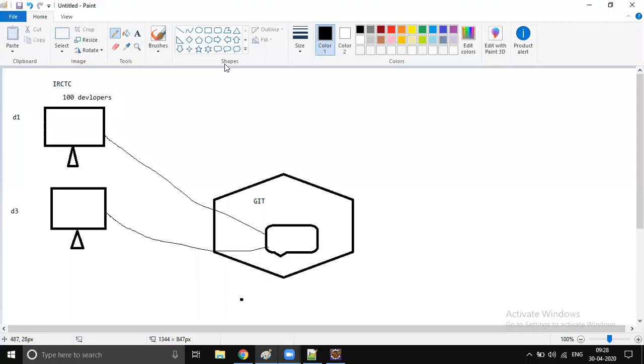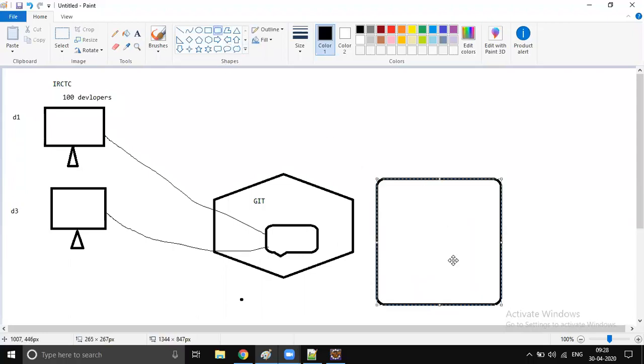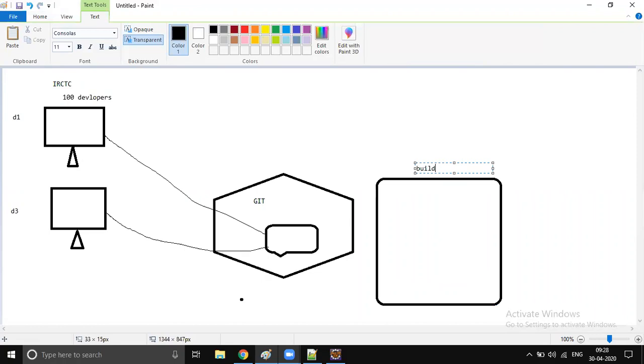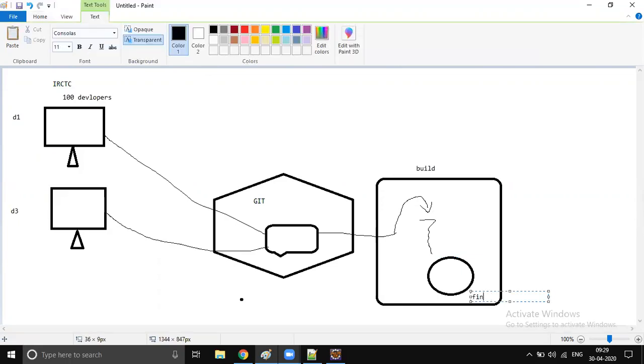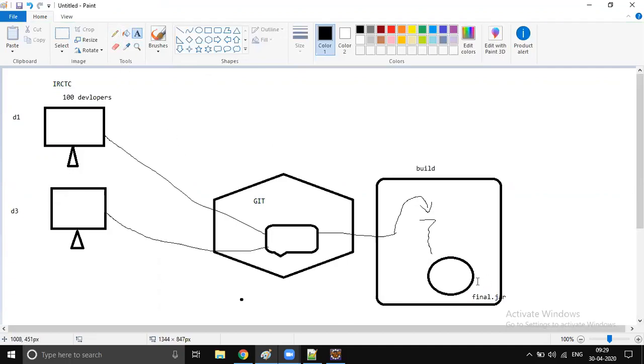And then we will have a build system, a build tool, a build machine, where we will install Jenkins or some other technology where we're going to build our project. Mostly it is Jenkins. So we will download the code from Git, and we will build the project, and finally we will generate a jar file or WAR file as output. It's the final output. Let's assume that it's a jar file, the final jar. And we will put this jar in some repository, and we will download it from there.